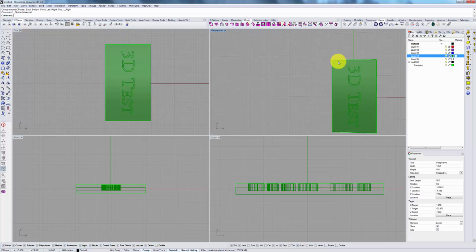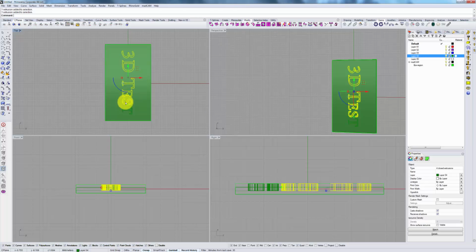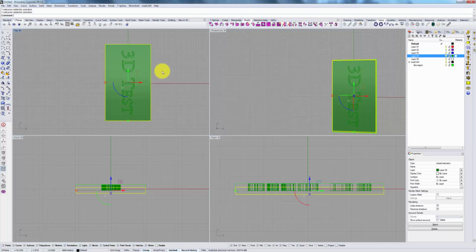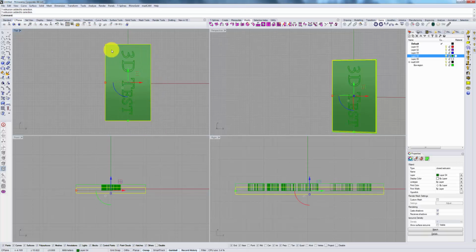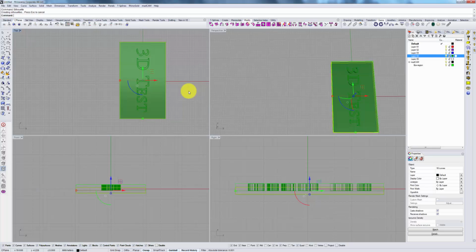So let's say we want to cut out just the letters. Then the boundary curves can be made from outlines of these letters. But if you want to cut out this entire object, then we want to put the curves around this whole area. So let's say we're going to do that. We're going to use this whole object as our boundary. So one of the easiest ways to create boundary curves is to perform a silhouette command